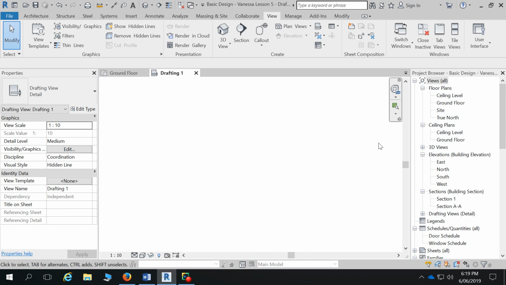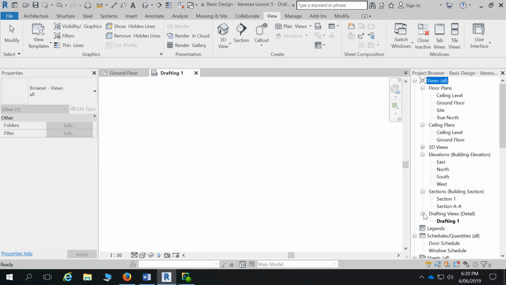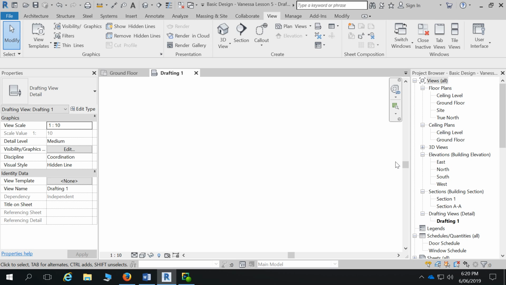So you can import DWGs into just this view, ones that you've got from CAD already, so you don't have to redraw them. You can draw your own details in here if it's like a parapet detail and you don't want to have a model element, things like that. If it's a wet area detail, again, if you don't want to show it as a model element, you can just draw it in detail lines. So that's really handy for those sort of details. They come under drafting views down here. So what we might do is